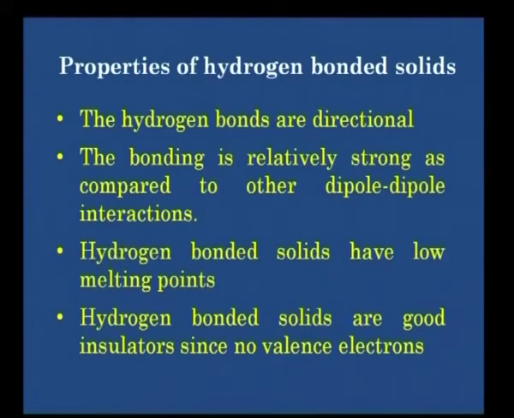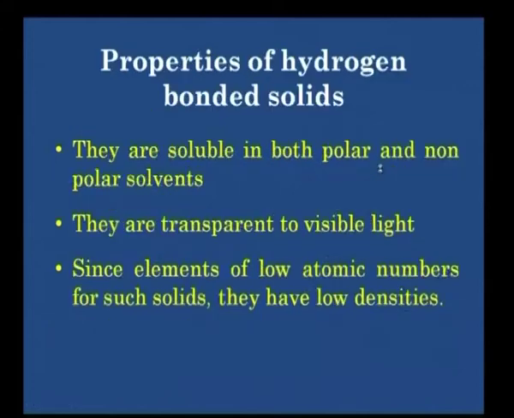Then you go to the properties of hydrogen bonded solids. What do you mean by hydrogen bonded solids? One of the atoms which is participating in a hydrogen bonded solid should be hydrogen, right. Hydrogen should be there, and hydrogen bonded solids have low melting points. As I told you, DNA is a good example, right, wherein you come across the hydrogen bonding. Hydrogen bonded solids are very good insulators, since no valence electrons are present. The hydrogen bonds are directional, and